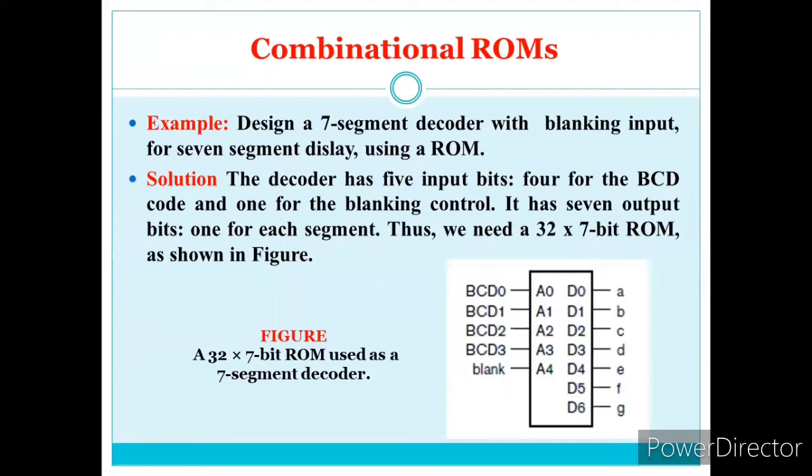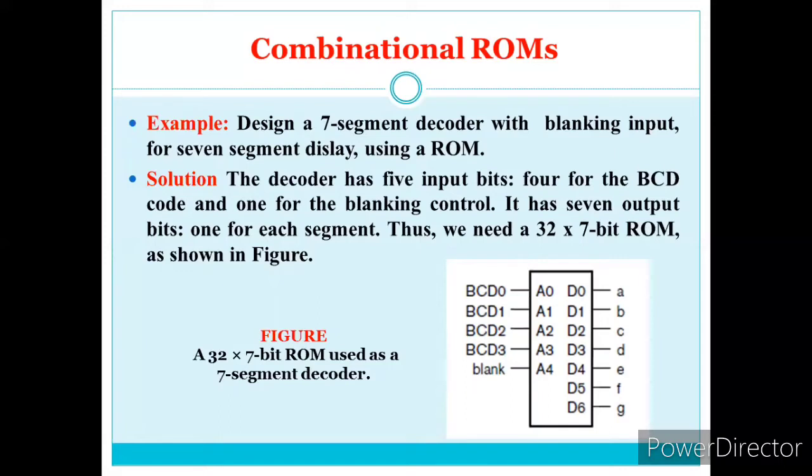So let us see a simple example of a 7-segment decoder. The 7-segment LED is fixed in nature, which just displays values from 0 to F: 0 to 9 decimal, and A, B, C, D, E, F for hexadecimal. So it becomes a hexadecimal display. To represent this, it makes use of 7 bits, that is A, B, C, D, E, F, G. And for representing the digit we have 4 address lines, A0, A1, A2, A3, so it can access hexadecimal numbers.